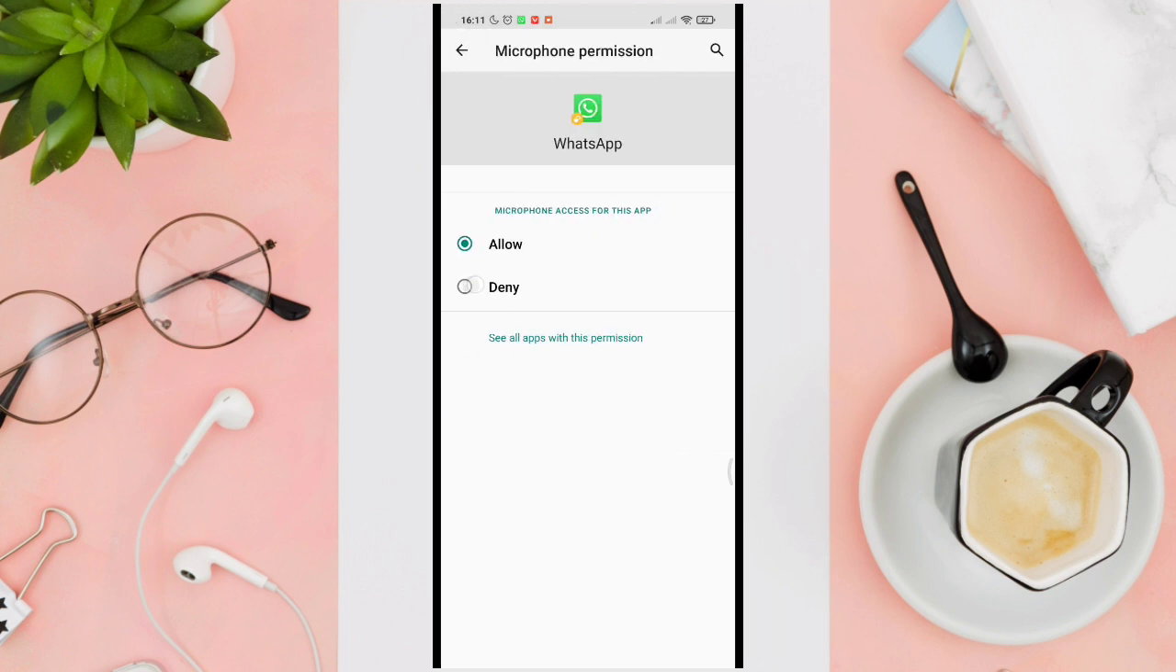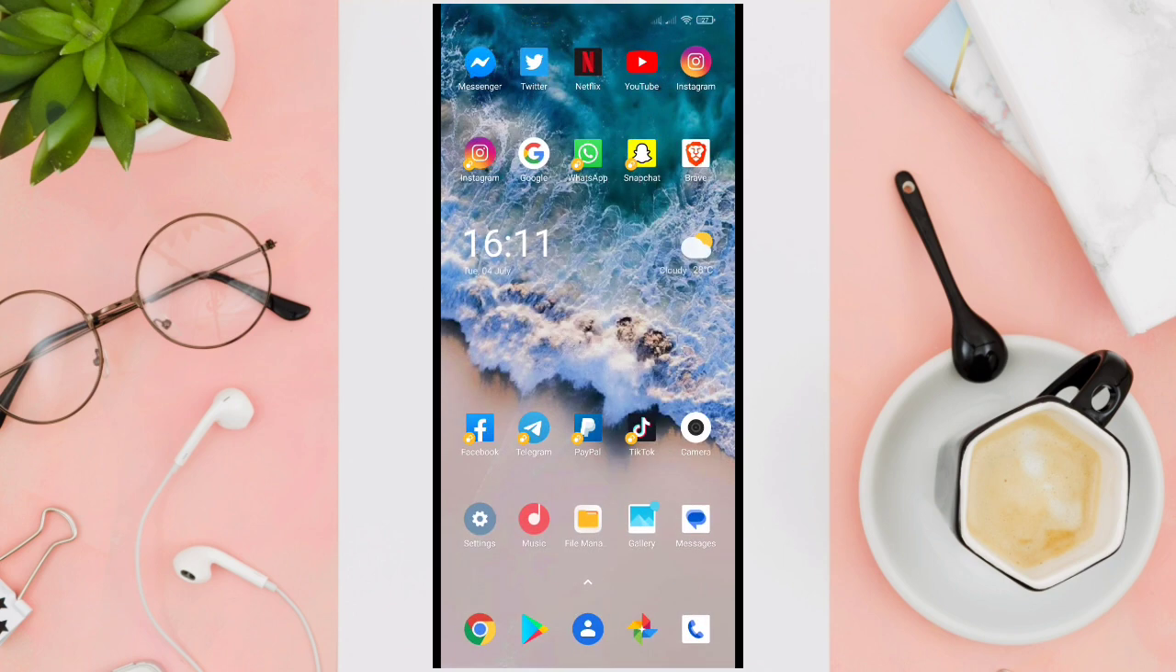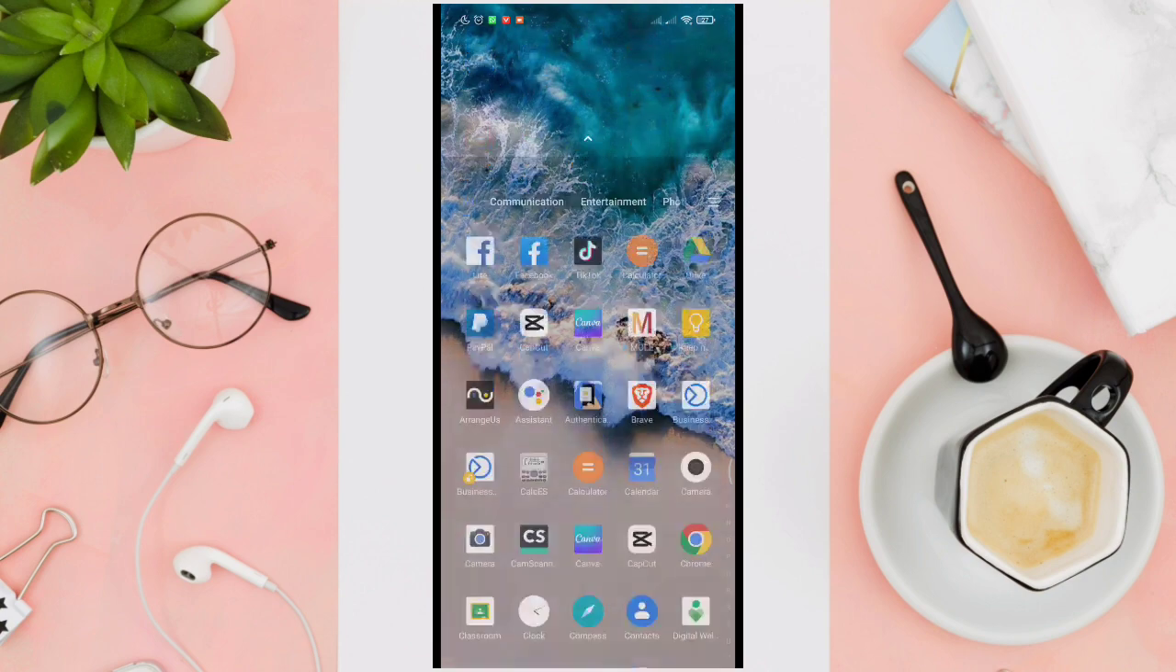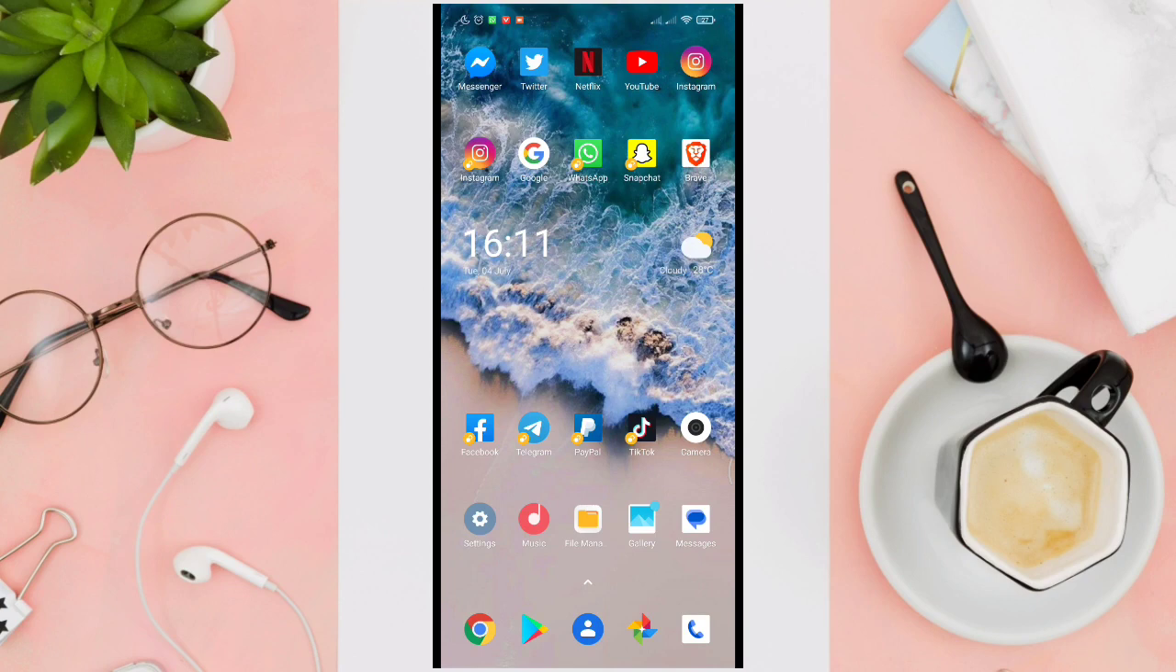And then if your microphone access for this app is not set to allow using the microphone, all you have to do is to tap on the allow button. So in order for you to use the microphone, now the second thing that you can do is to check